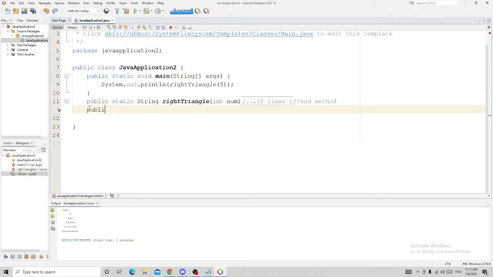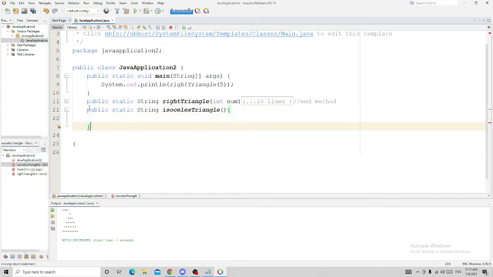We'll name it public static String isosceles triangle. Okay, same input and method,